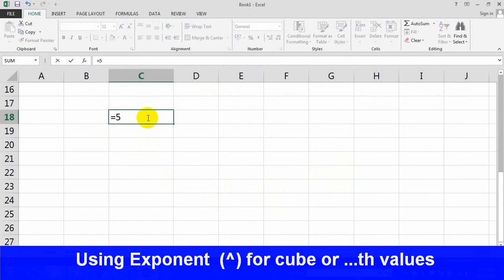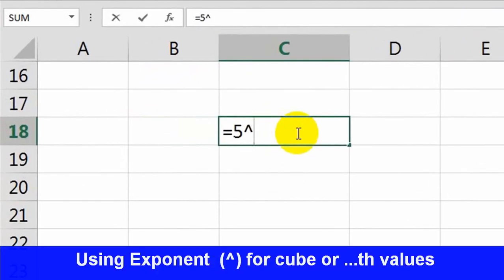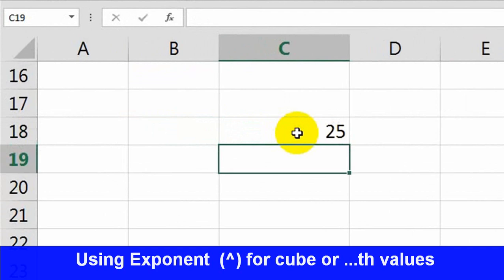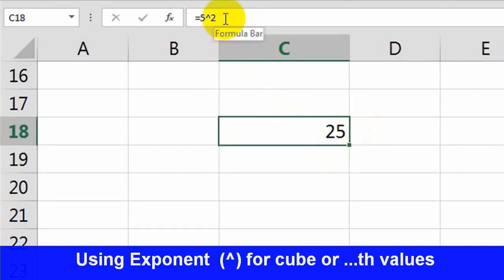You can get this exponent sign on the numeric key on the keyboard. 5 exponent 2 represents 2 times of 5. It will be 25. See? 25 is out. Just click on this value. You can get the formula on the formula bar.